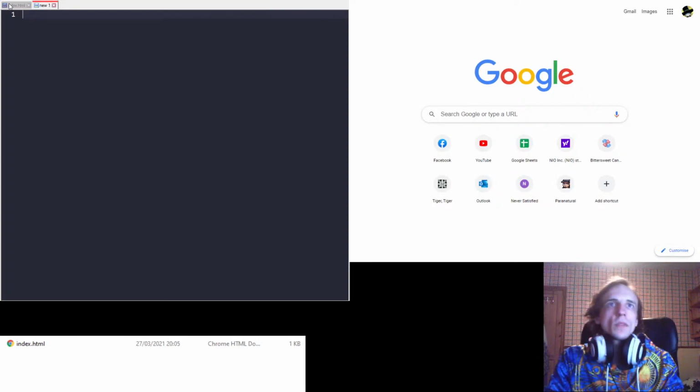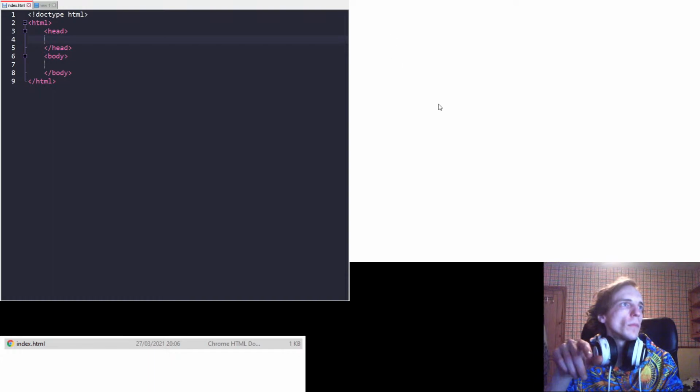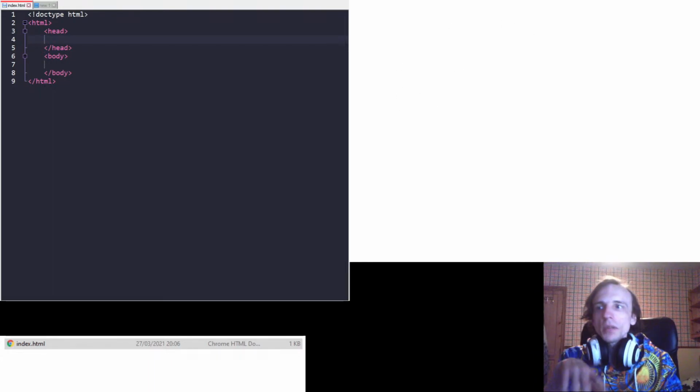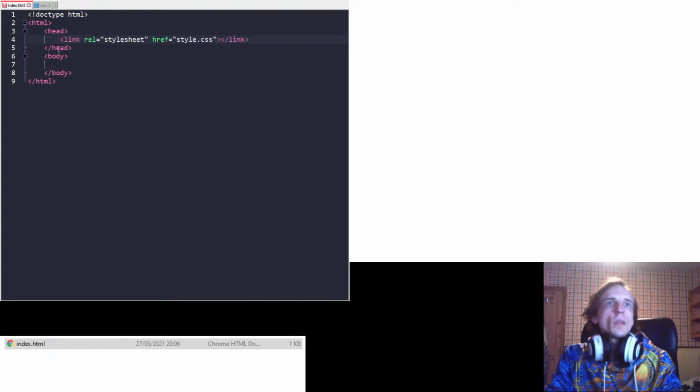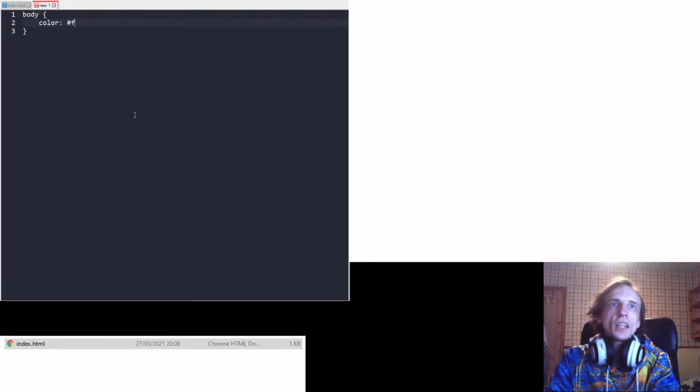In fact, I might just leave that out a sec. Save this and throw this index.html into this window here. So right now we've got a plain boring page that does pretty much nothing. There's nothing put into it yet. I'm going to add in this style sheet, and then over here in the other file I'm going to add in just a few bits, and we'll quickly save and refresh just to make sure it works in a sec. The first thing I'm going to change about it is set the color,